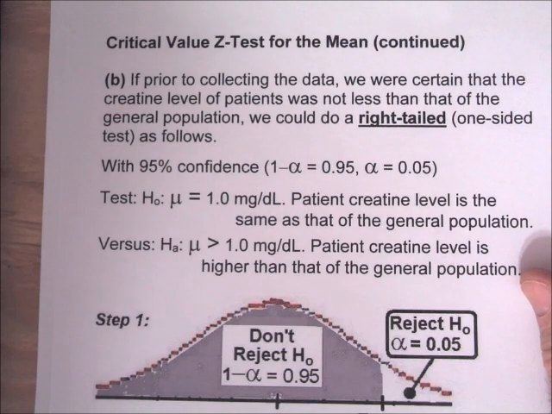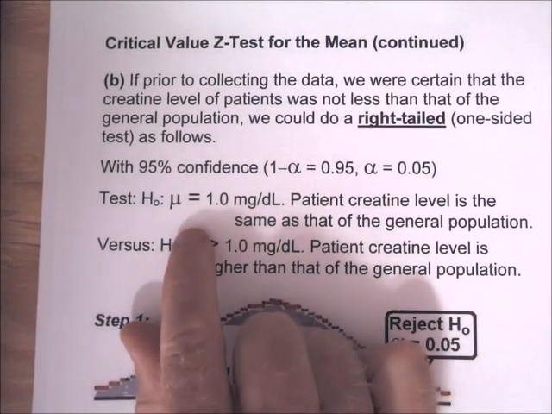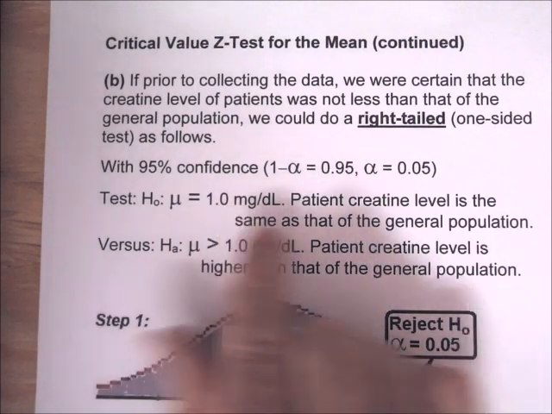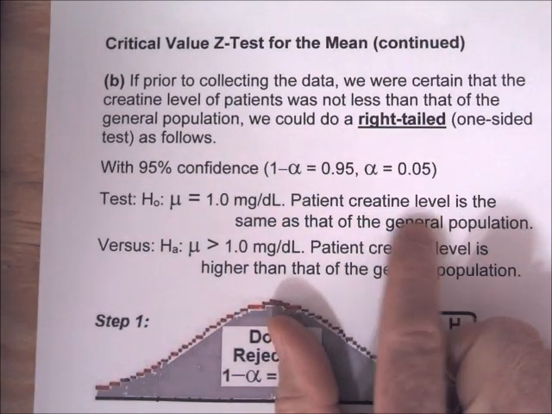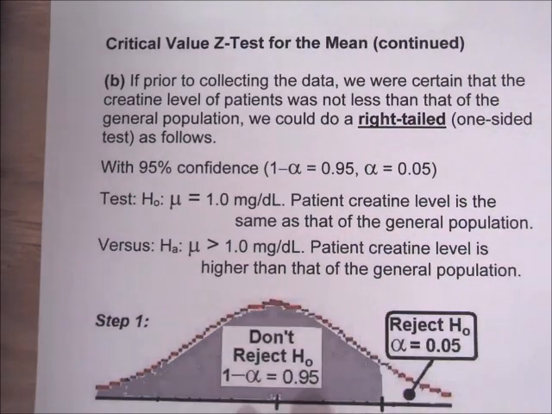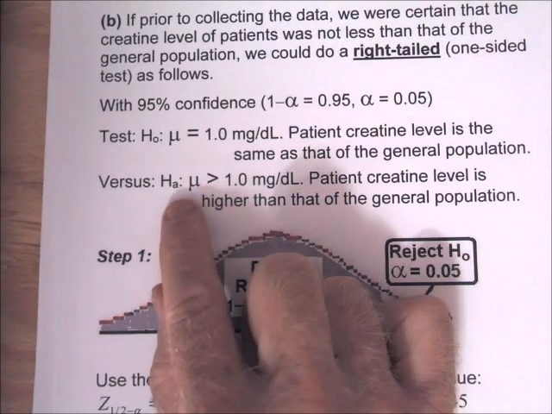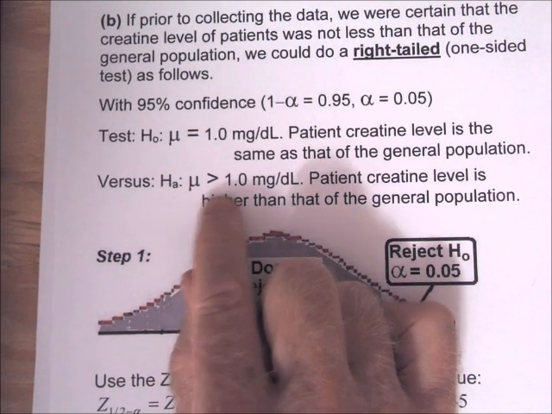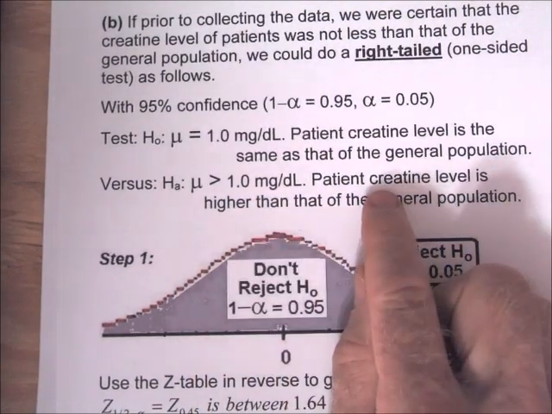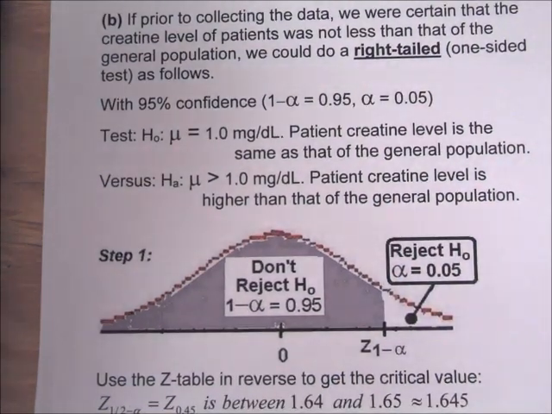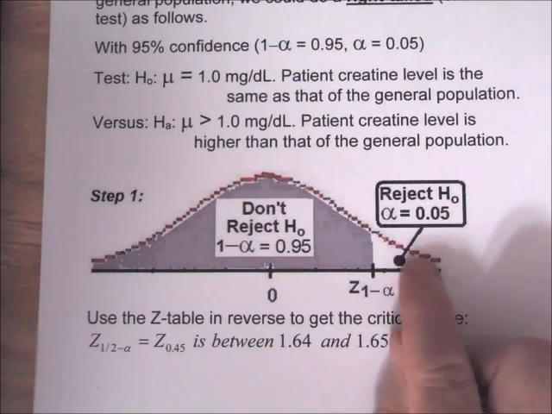So H naught is going to be the same: mu equals 1.0, creatine level is the same as that of the general population, but the alternative, instead of a not equal to symbol, will have a greater than symbol. The alternative HA: mu is greater than 1.0 milligrams per deciliter. Patient creatine level is higher than that of the general population. So now we're putting all of our doubt on one side,